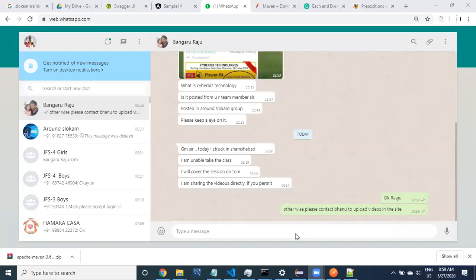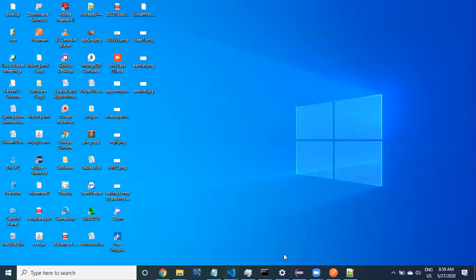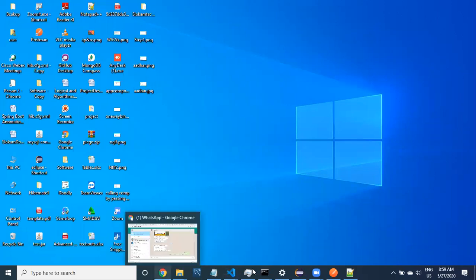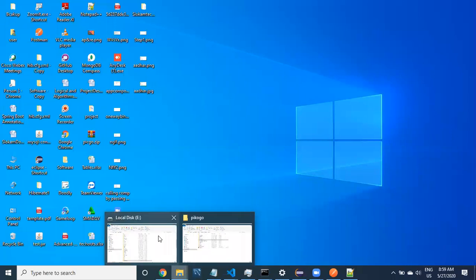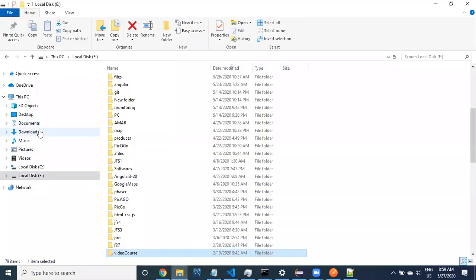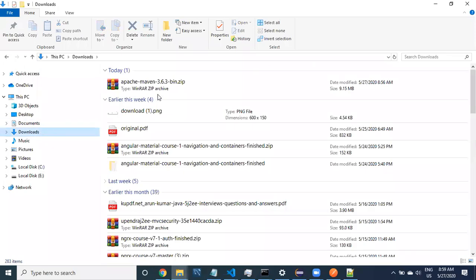The immediate next step, after downloading it, it will be downloaded in Downloads, right? You can go to the Downloads, you can see this zip file. And what you can do is, don't keep this inside the Downloads. Why? Because there are so many downloaded files available in the Downloads folder.